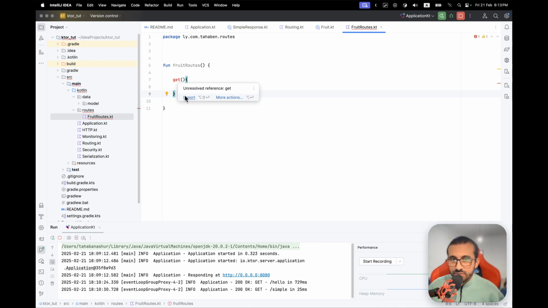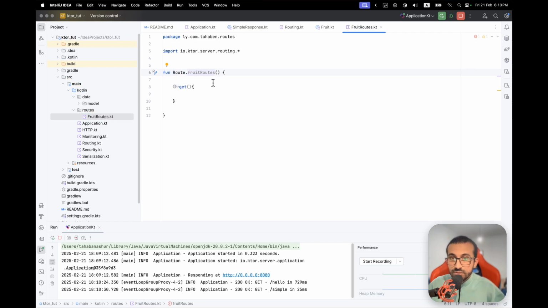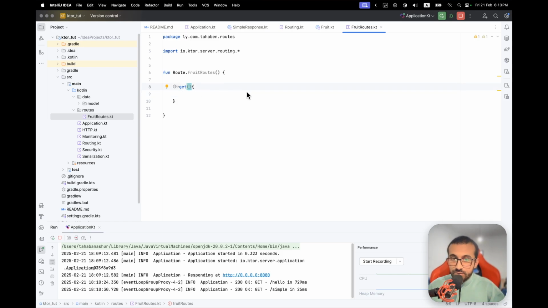And this import is wrong, by the way. It's not the import for the endpoint. To fix that, we are going to make this an extension function of Route. So Route dot. By making it an extension function of a Route from io.ktor.server.routing, we get that resolved right away. So our endpoint is going to be get fruit,